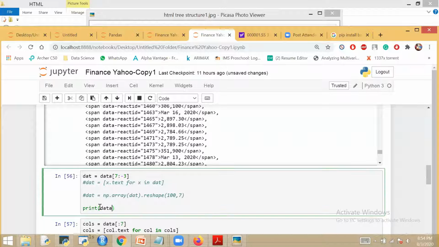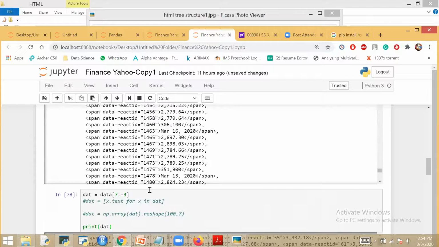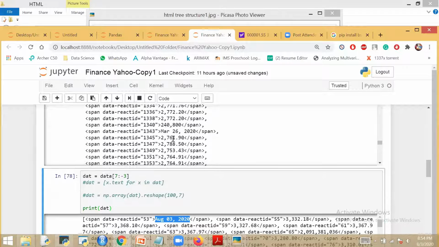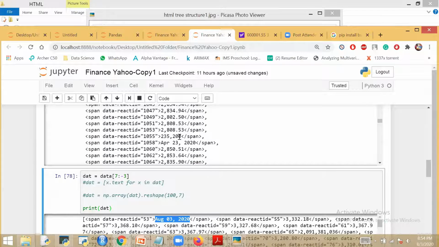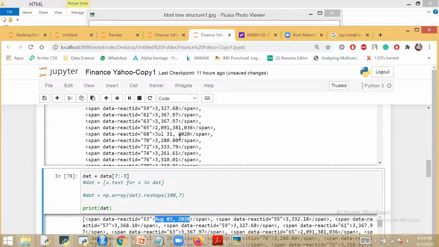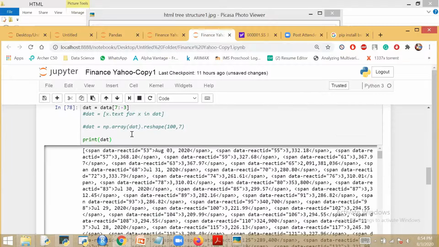For the first time, what you see is that you directly got this data. First 7 were the columns, I've removed them. See, date, open, these things got removed and the bottom also got removed.